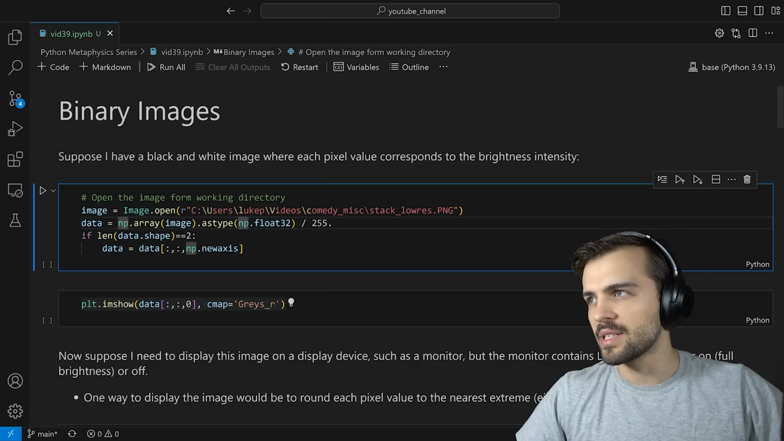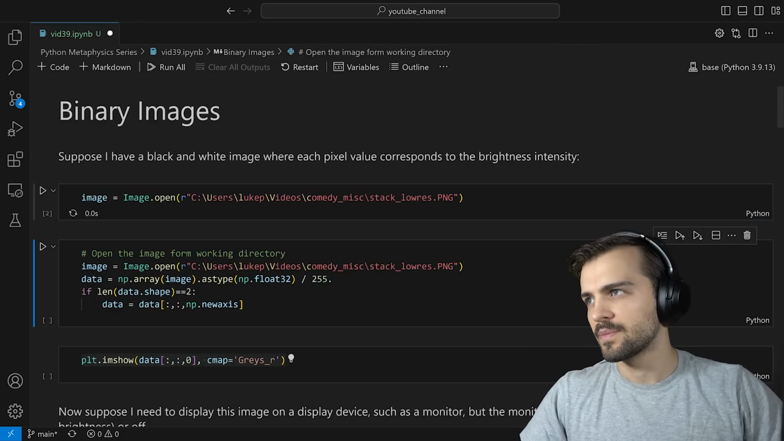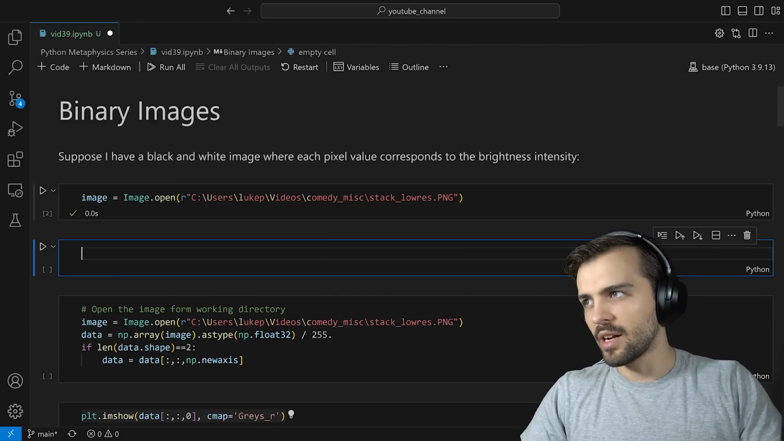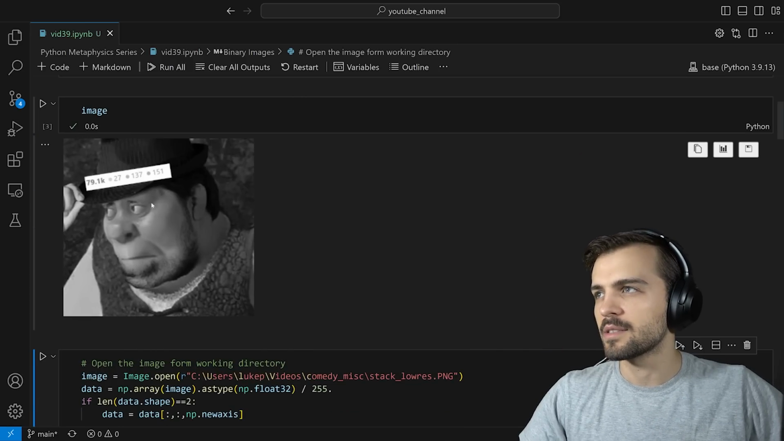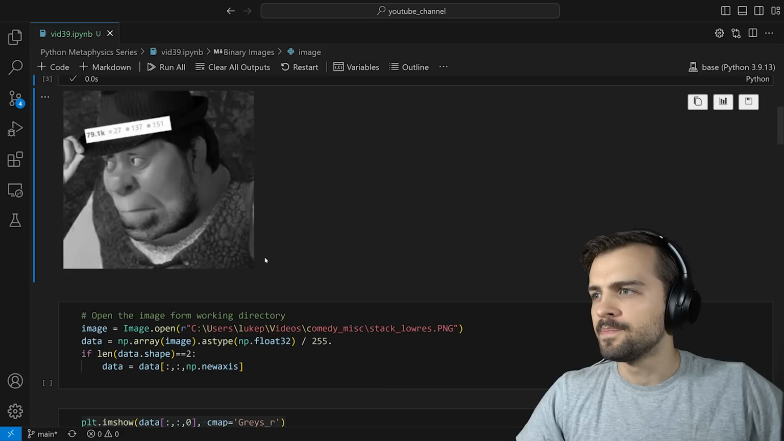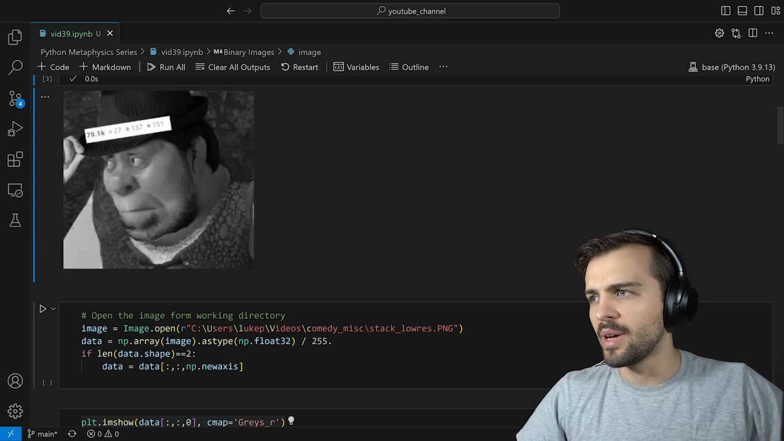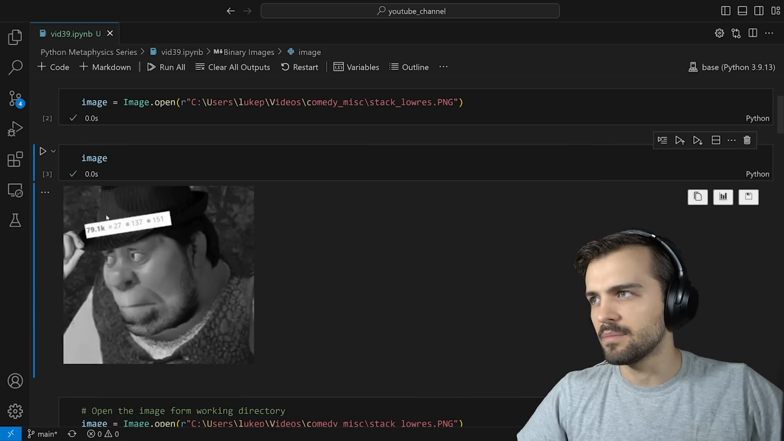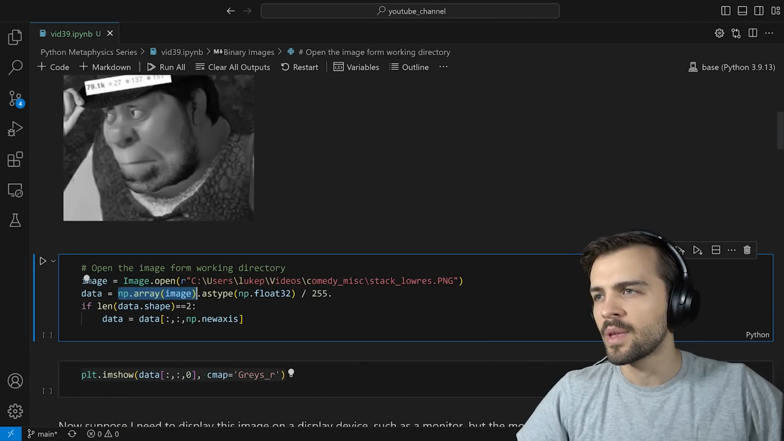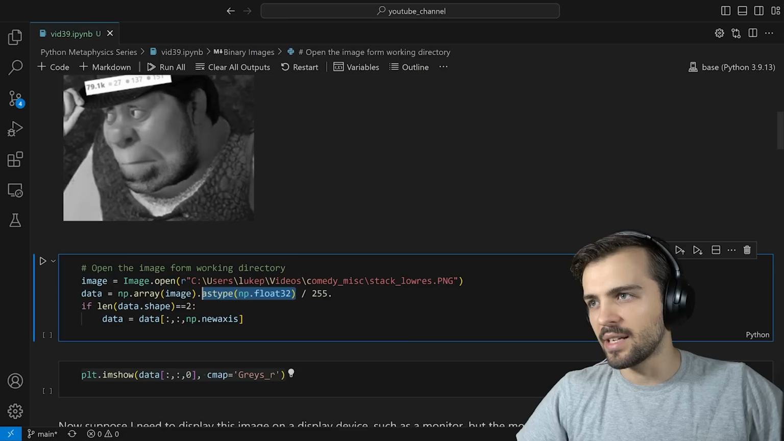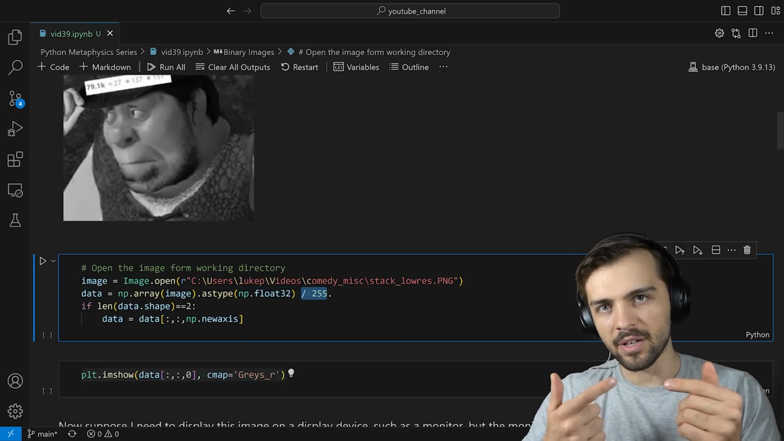If I just open this image, it's not actually in an array format yet. It's actually the image itself, and you probably recognize this person here. I need to actually convert it to a NumPy array so that I can apply the algorithms to it. So for that, I just call np.array on the image. I convert it to a 32-bit float, and then I divide by 255